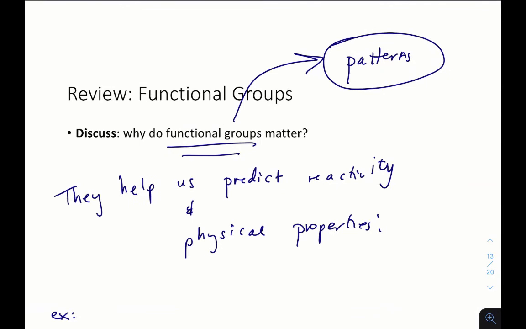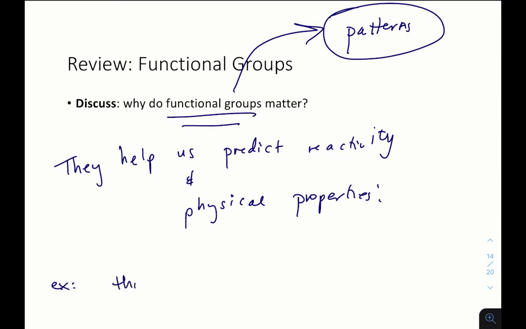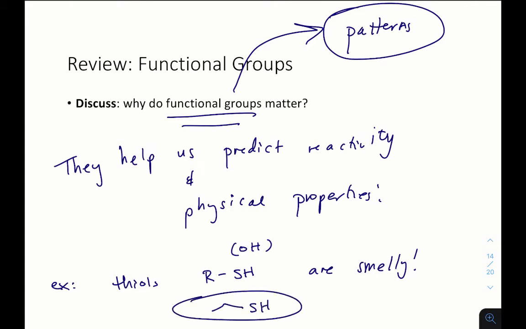Well, another smelly functional group is the thiol. Thiols have an alkyl group bonded to an SH. This is the sulfur variant of the OH, so of the alcohol. So thiols are like alcohols, but they have sulfur instead of oxygen, and they are smelly. They smell awful, smell a little bit like rotten eggs. So ethane thiol, this molecule is very smelly. It is often an additive in natural gas or other chemicals where you need to be able to smell them